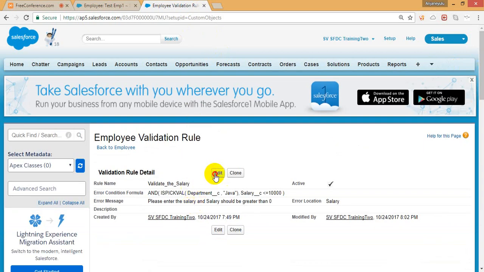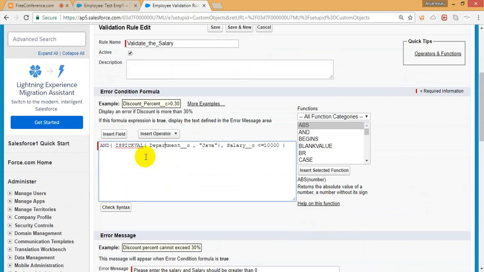Now here, this pick value is used to get the value of the pick list value, to validate that. If the pick list value of this field is this, then it returns true. If this is true and this is true, then it throws the error message. This is how we have to use it, and you can use it anywhere, with any number of conditions. Okay, next thing,